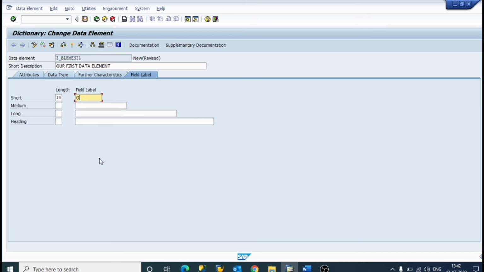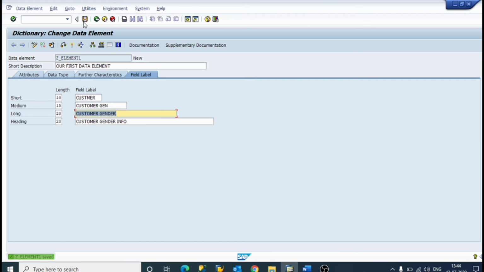So just customer, second 10, again 10, now 15, now 20, information.